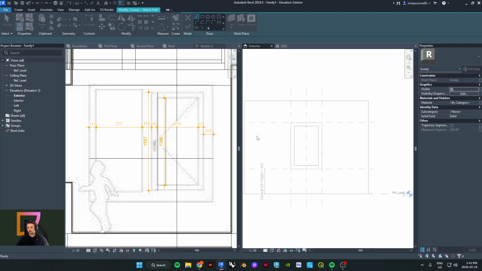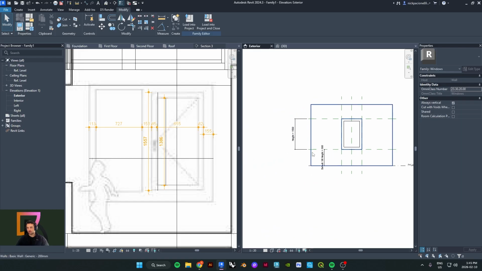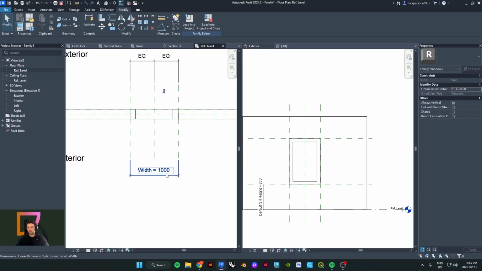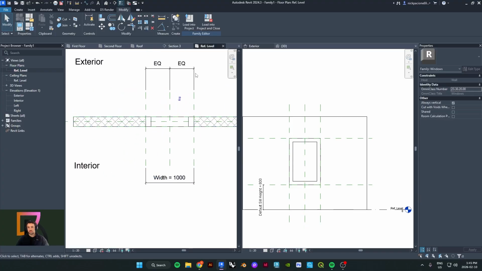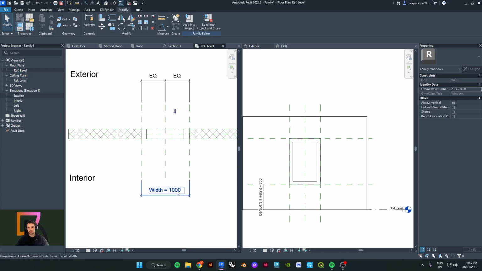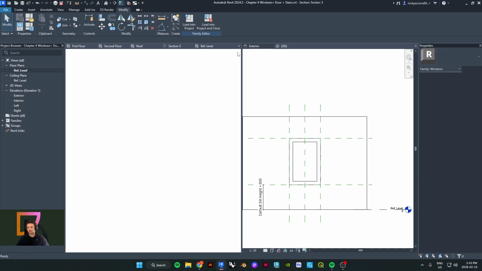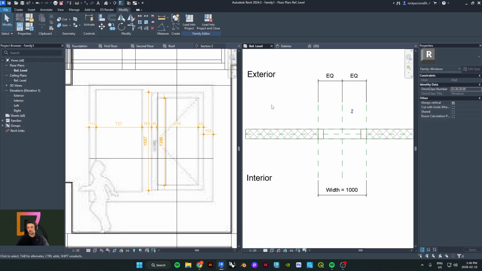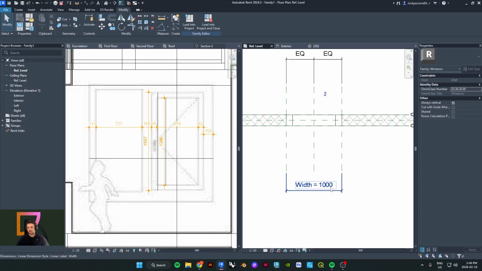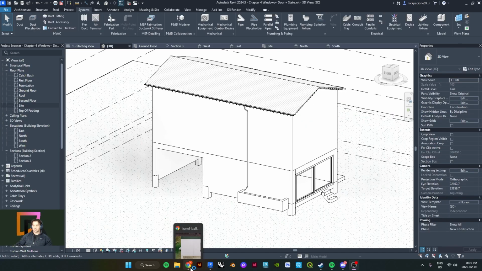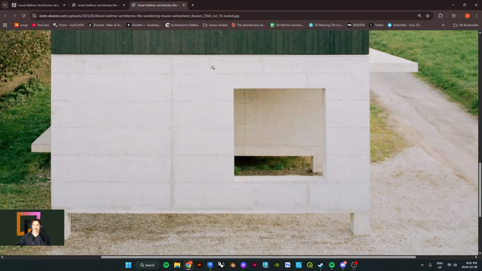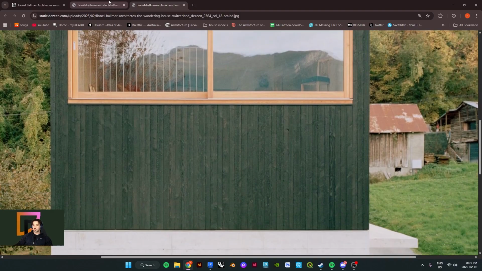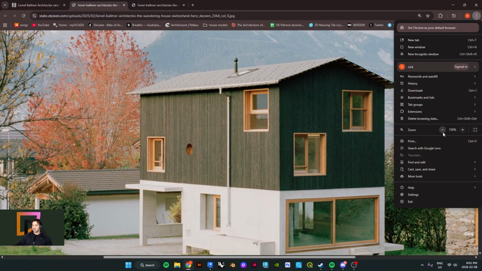Before I actually do that, I'm going to change the width. So if you go into the reference level of this window family, you'll see the width here. I'm going to change this to match the measurements that we had. So I'm going to add these up and then coordinate it like so. So if I come back into the image of the project,